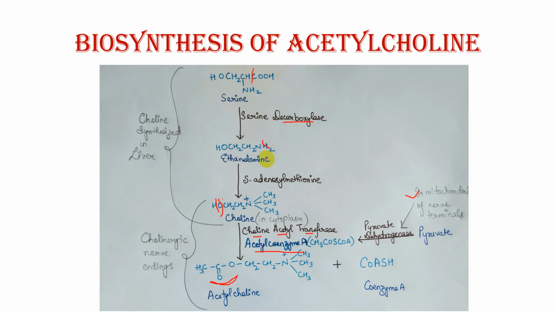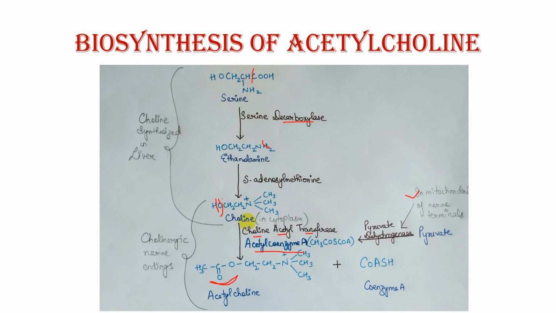Okay, then this ethanolamine is converted into choline in the presence of enzyme S-adenosylmethionine. Alright, in this step what is going to happen? The hydrogens of the NH2 will be removed and methyl groups will come here. Methyl groups have come here, 3 methyl groups and 1 here. Since nitrogen got 4 valencies, we have a plus charge here. Okay, this full part from serine to choline has been done in the liver. Alright, then choline comes into the cytoplasm,